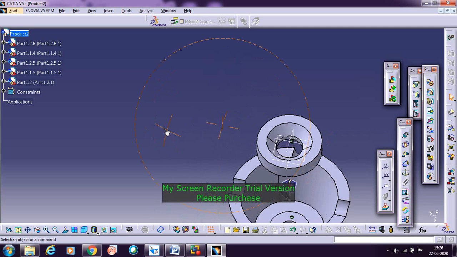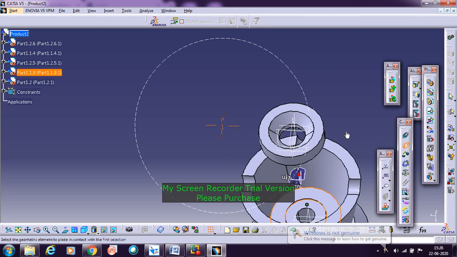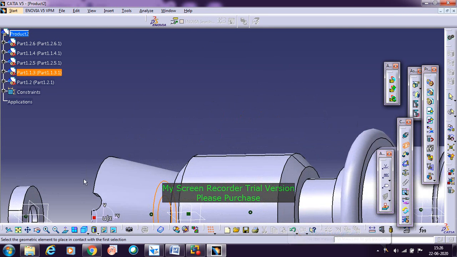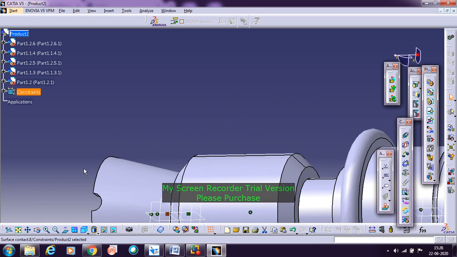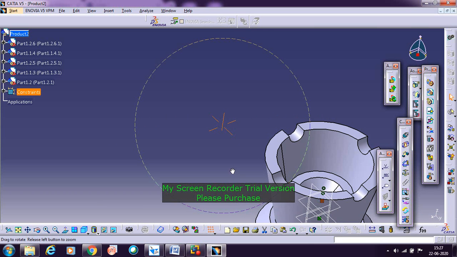In order to align them, go with the contact constraint, select the two circles, the area for this contact, and similarly rotate this object such that you select these two circles here. So click update, so that it will be placed in its location.